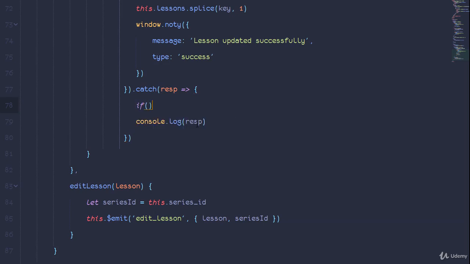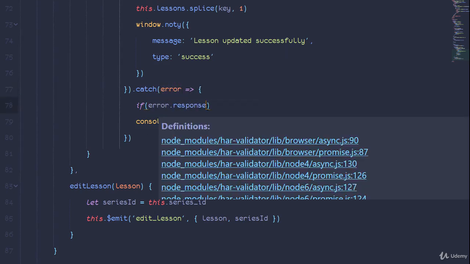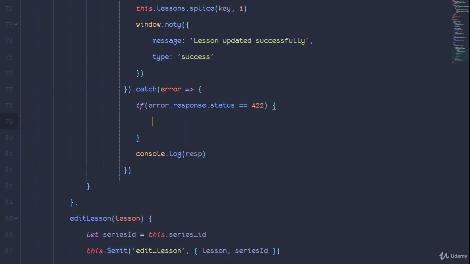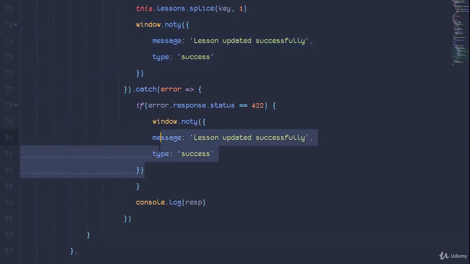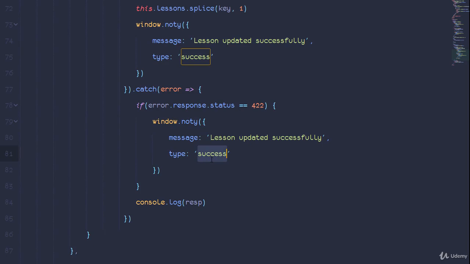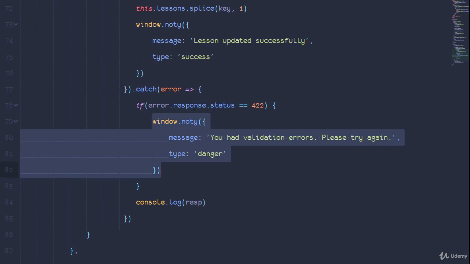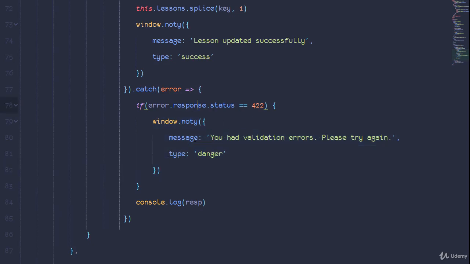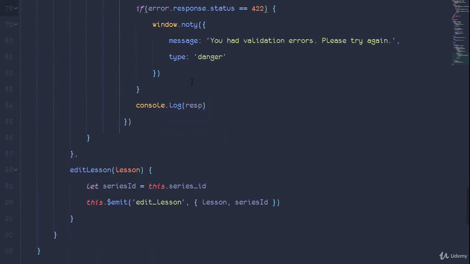So here we'll just say if response.response, and maybe we should actually change this into error. So error.response.status equals 422. Then we're simply going to notify the user his validation was off. So we'll have a window.noti, our method we created, and the type is going to be danger, and the message is going to be you had validation errors, please try again. Okay, and we actually might never hit this point because we are making sure that our validation is valid from our front end, so we are not sending any wrong data from Vue.js, but it just helps to know that